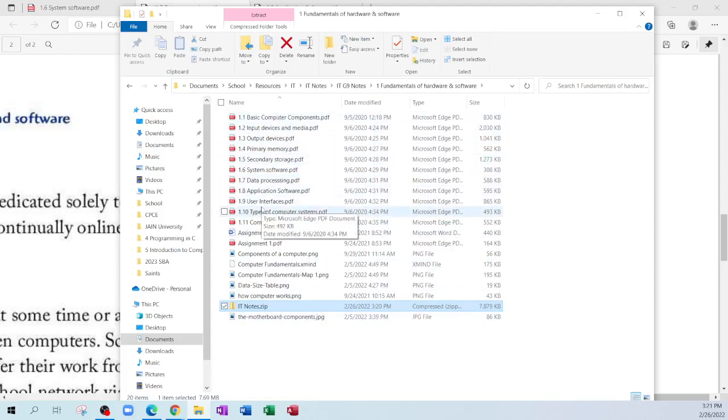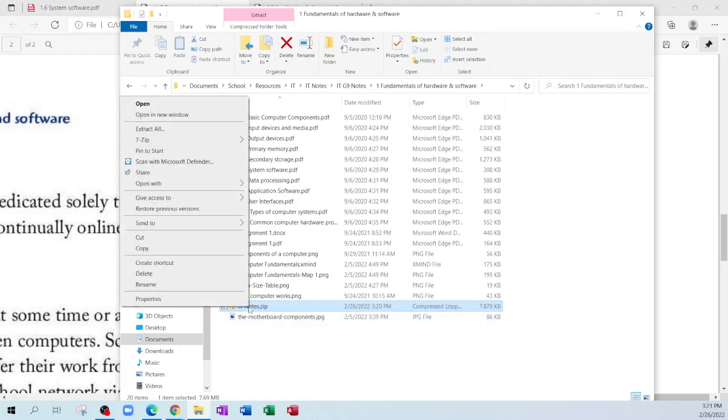So how do we know these documents are inside? Well, this zip file now, what are we going to do? We are going to right click on it. And notice there's an option right here to extract all. So once again, I don't need any application to do all of this. This is all built into Windows. So when I click on extract all,